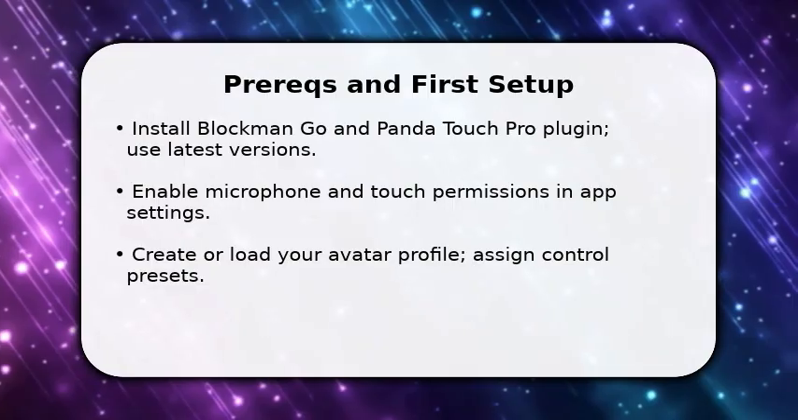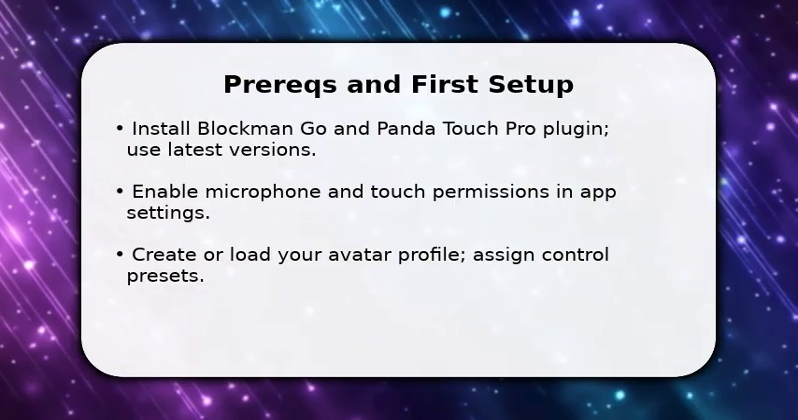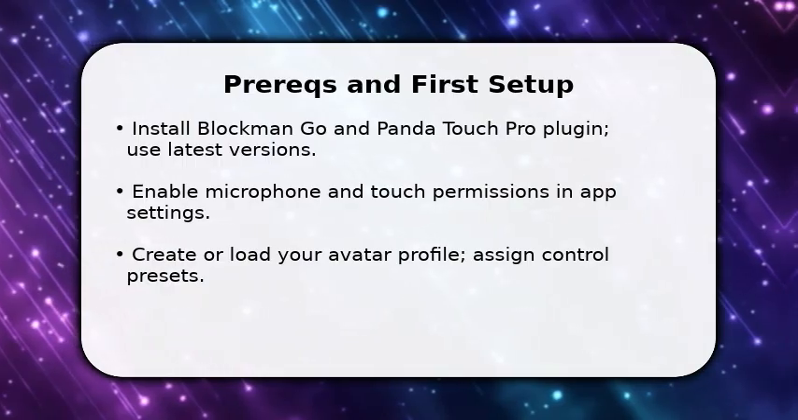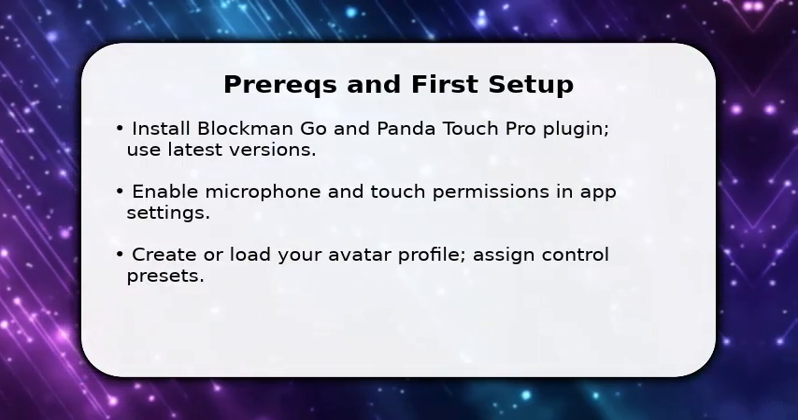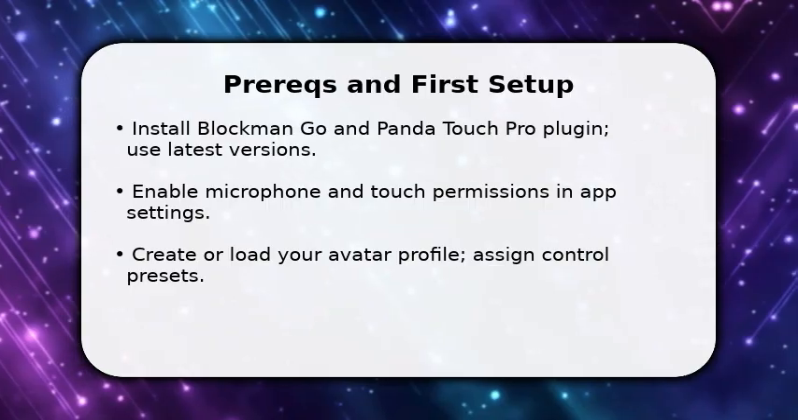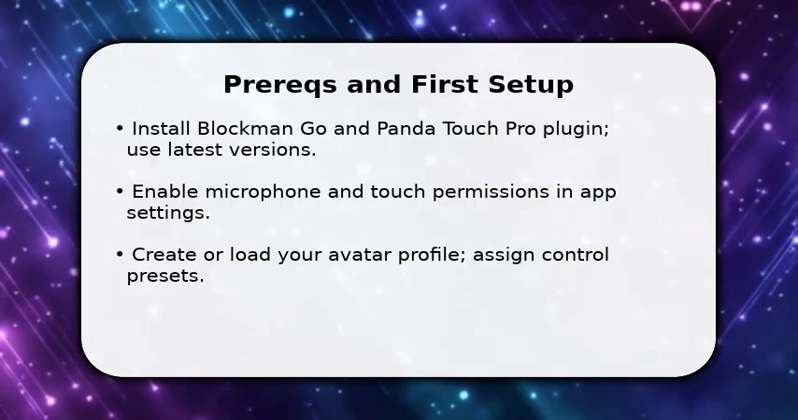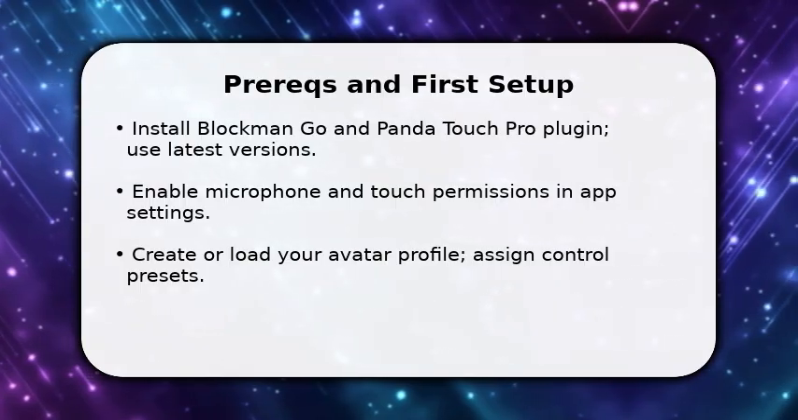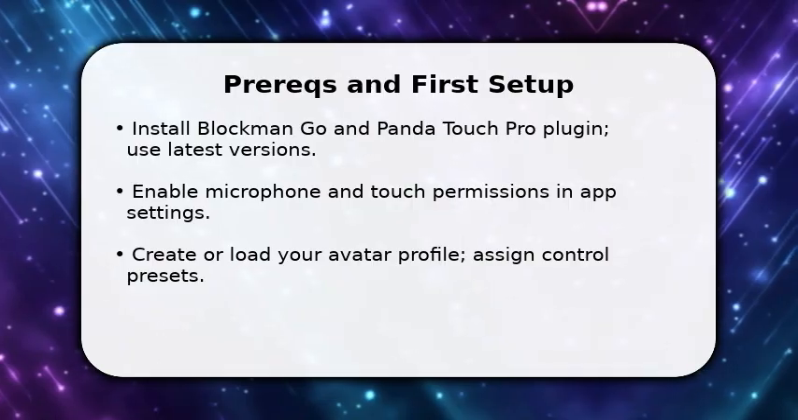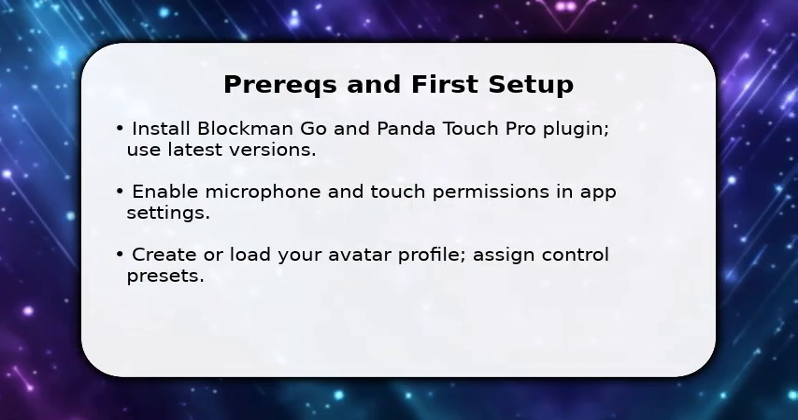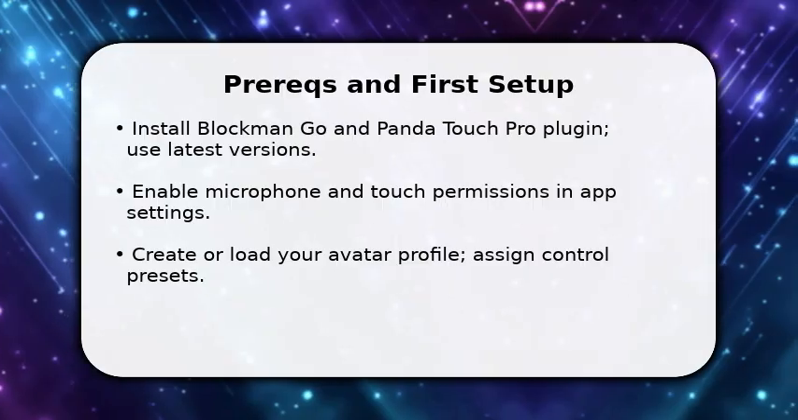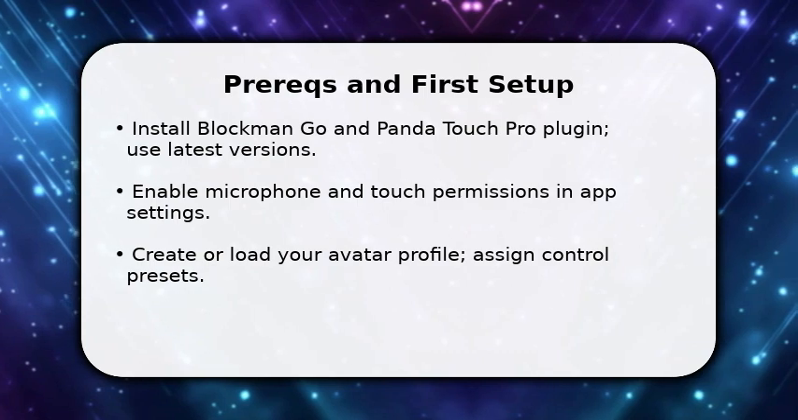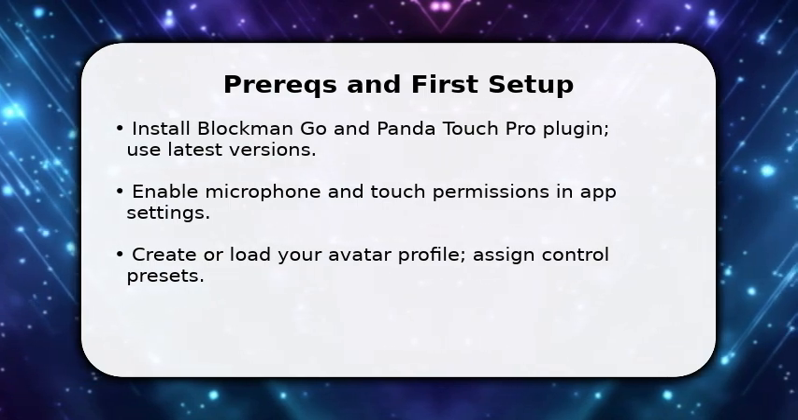You start by preparing the essentials. Install Blockman Go and the Panda Touch Pro add-on, then grant microphone and touch permissions so input is captured. Once done, open the plugin manager and load a preset control layout. This gives you consistent mappings. Make sure to create or load an avatar profile to store gestures and sensitivity. This avoids repeating calibration. By starting with these steps, you ensure responsive controls and reduce lag when you begin mapping